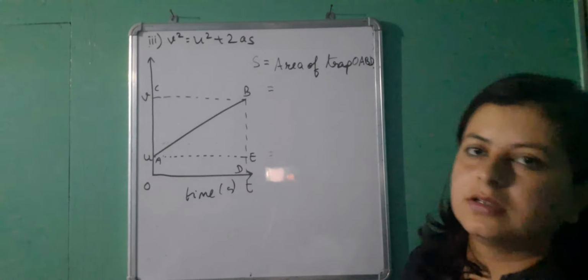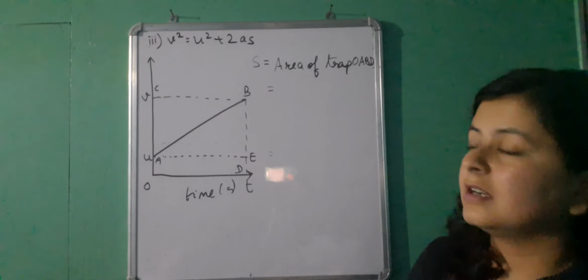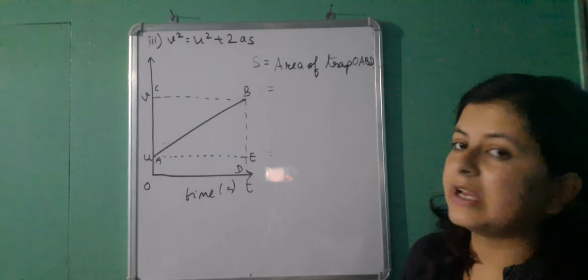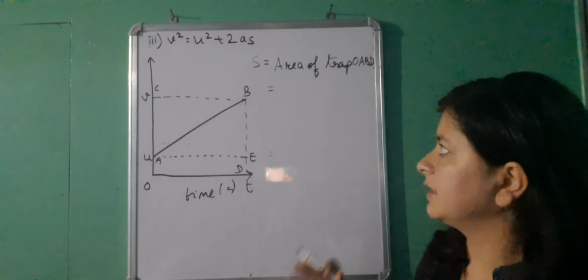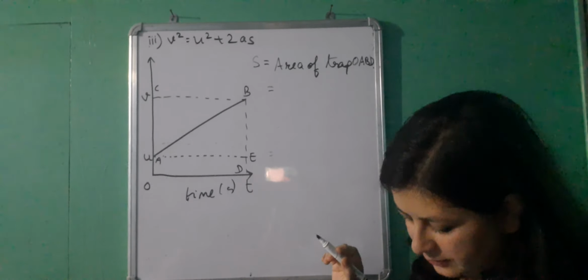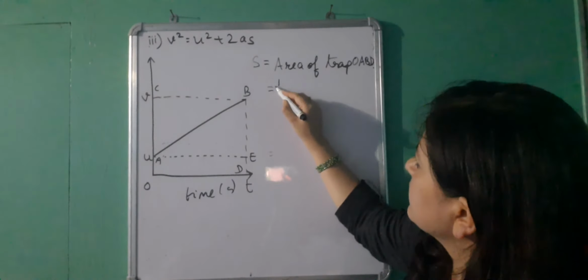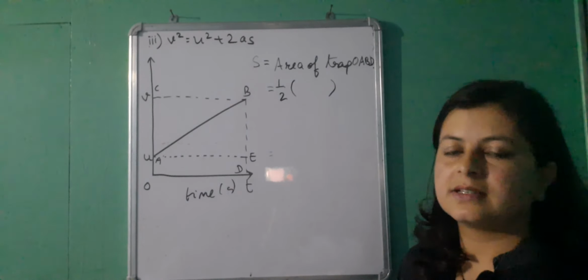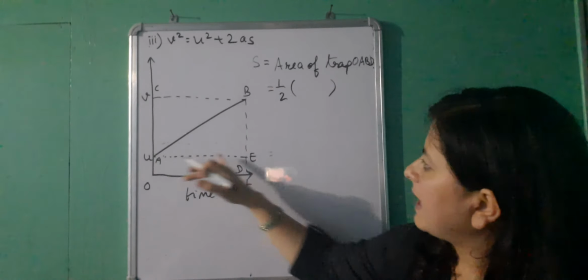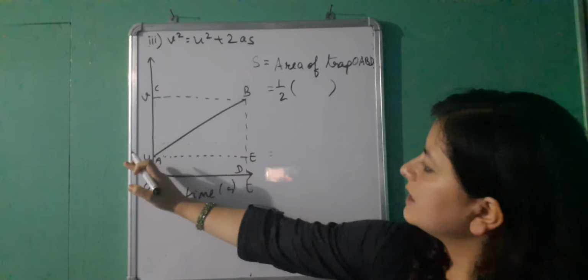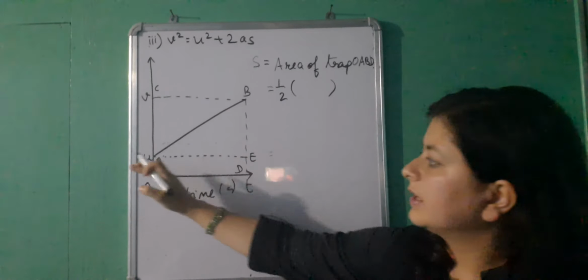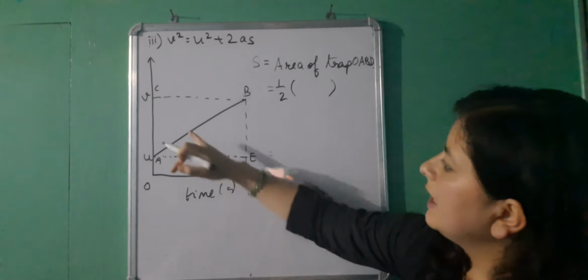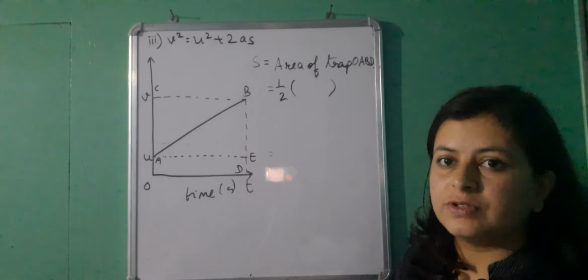Now here, to make it clear to you, we can use one more formula for the same. I'm going to use the alternative formula. It is half into the sum of opposite sides. Opposite means parallel sides. In a trapezium, you can see two sides are parallel to each other. They may not be equal, but they are parallel to each other. And two sides are not parallel to each other.